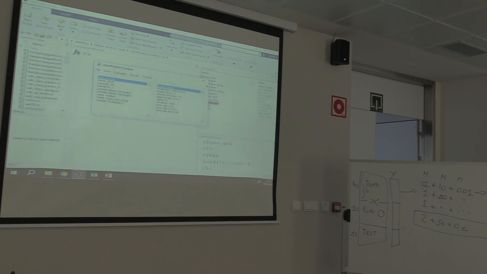Let me see. Meanwhile, if you want, you can open the classification toolbox, and you can